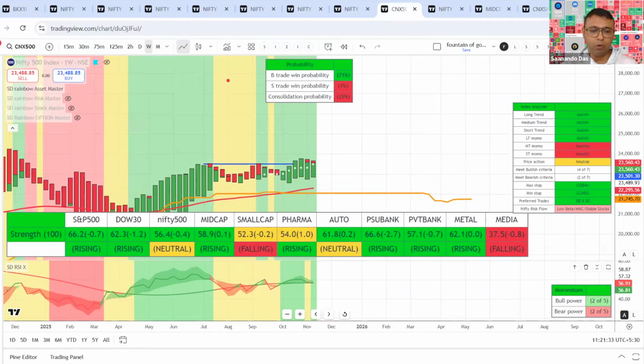There may not be new entry points, but this was discussed way ahead. Not today we are seeing the result. We just looked at the market. I did not know that PSU banks and private banks would go up. So overall market situation, there is some strong correction. So wherever the weakness persists,